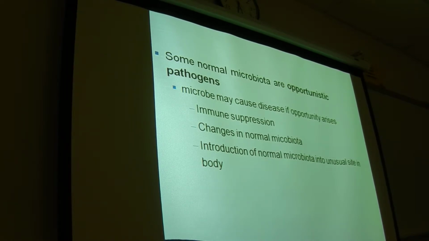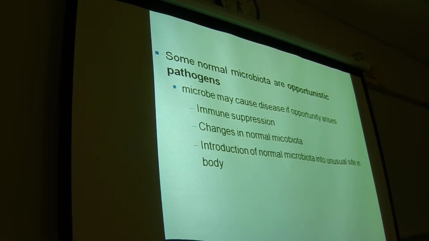If there's a significant change in the normal microbiota, that can sometimes lead to disease. And sometimes normal microbiota that is completely innocuous in one site, if it accidentally gets into another part of your body, can become a very big deal. E. coli in the large intestine is not a big deal at all. If it got into your bloodstream, that could be a pretty big deal. So again, normal microbiota has to be in its specific niche in your body in order to be not harmful. And if it somehow gets out of whack, it can become harmful.